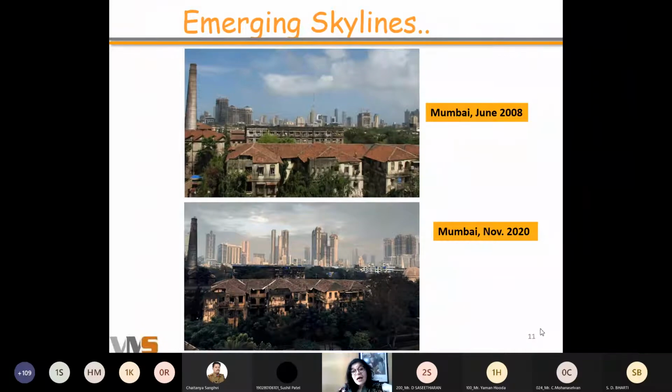And look at it. I sometimes feel, my God, they've eaten up my sky. This is Mumbai. You can see how much it has grown. And in the last 2 years, of course, the COVID years, there's still been construction going on. And you can see I've lost half of my sky, right? But then I'm sure these people who are living in this little building across from me,